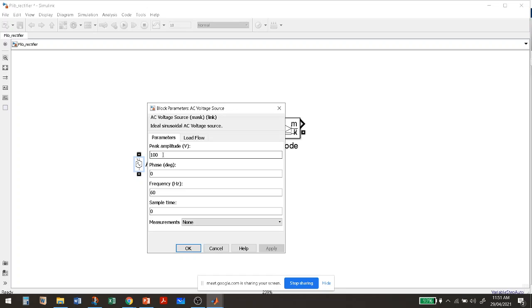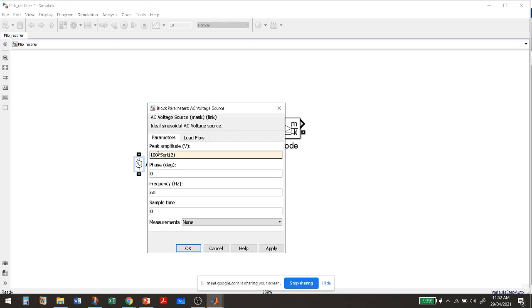RMS is nothing but the peak multiplied by 1 by square root of 2, so to get the peak amplitude I will multiply by the square root of 2.